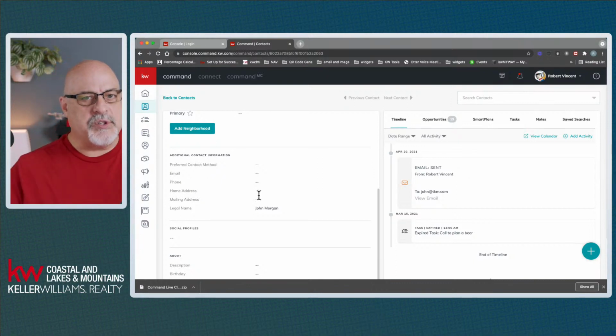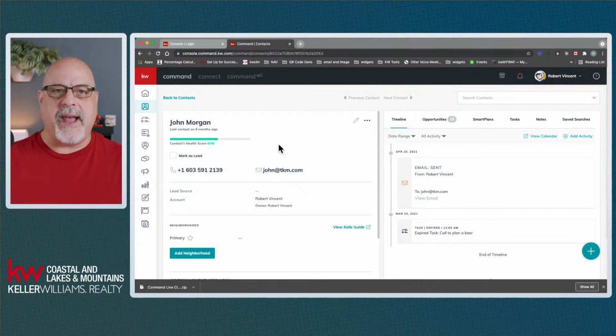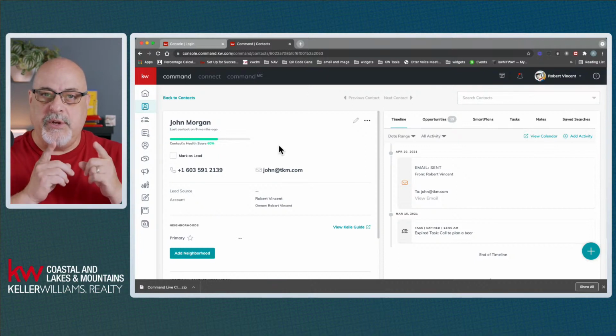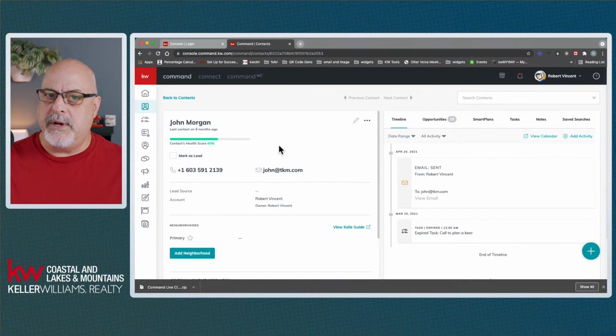You see, mine's a little bit sparse here. And that directly is going to tie into how much information is going to be transferred about this contact to the DocuSign room. I can't stress this enough. If there are multiple parties who are going to be involved in the DocuSign process, the information about them needs to be correct and complete in Command before you begin the transaction, even if it's in this case for the primary person, Jackie